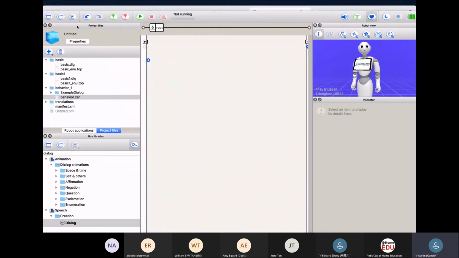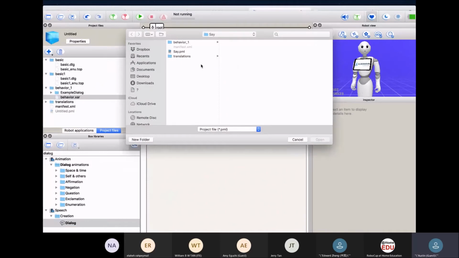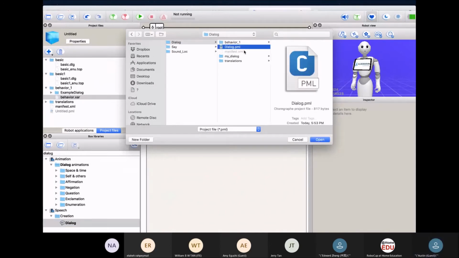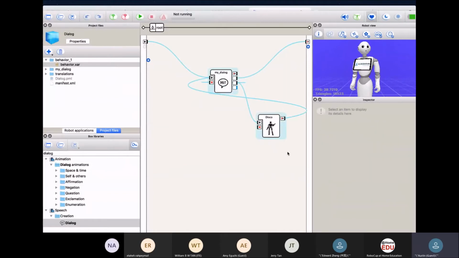Okay, we just open the project we have from GitHub. We choose the audio and the dialog.pml file. Just remember, when we choose this file, that means we can open the project. Like what the PPT showed us, only two boxes here are used to make Pepper communicate. Another one is kind of a